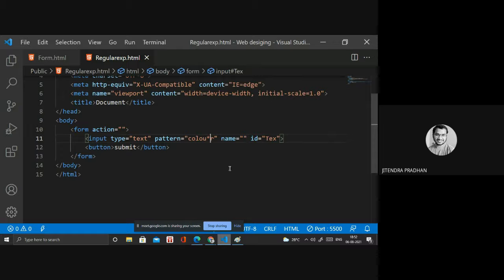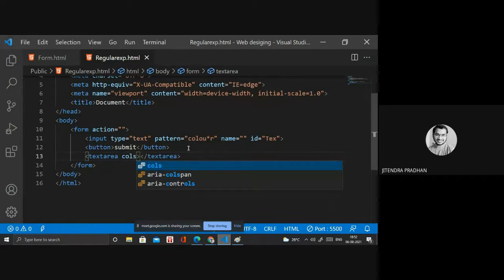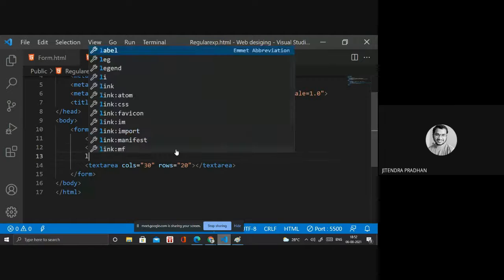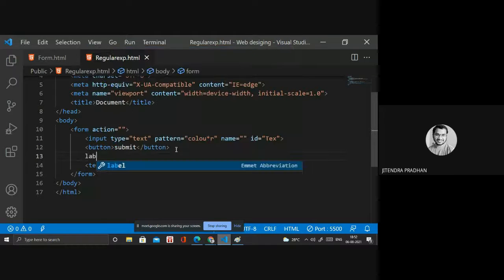We will not spend a lot more time on that. I will show you the text area. In the text area, we have cols, say 30, and rows, say 20. In that I will write a label: please comment.